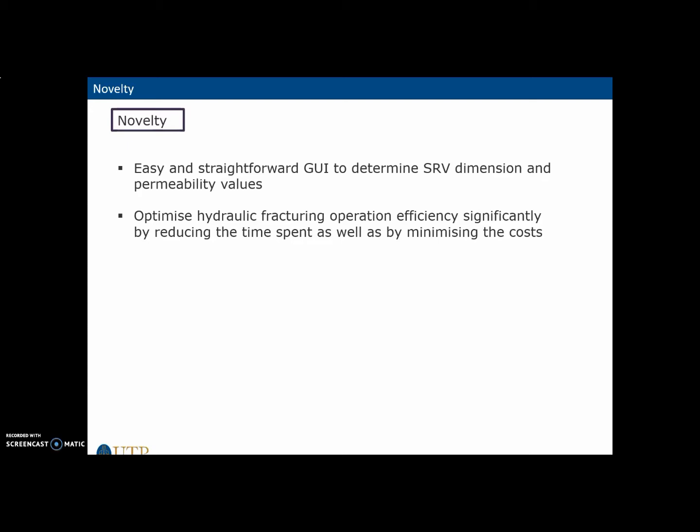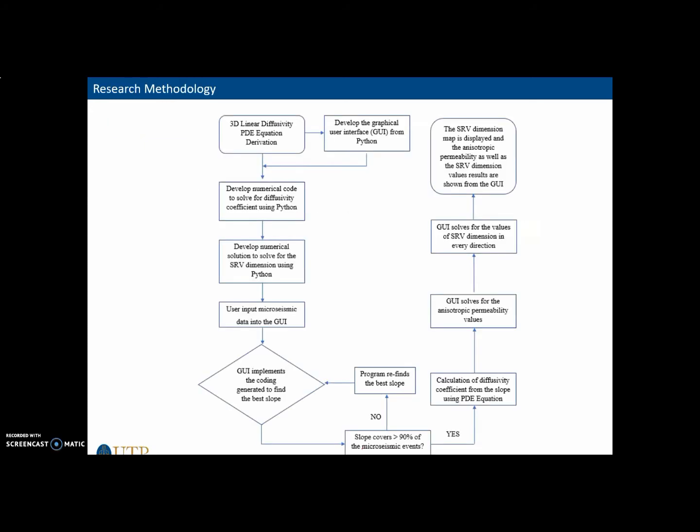Furthermore, some of the software in the market do not even give out the output, either the SRV dimension or the anisotropic permeability, simultaneously. Now, this is the research methodology. It starts with the understanding of the 3D linear diffusivity PDE equation derivation before developing the GUI for the software. Basically, this equation will be the equation that governs the entire calculation to determine the SRV dimension as well as